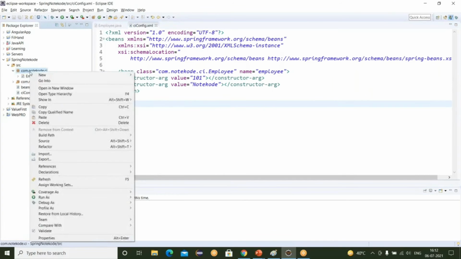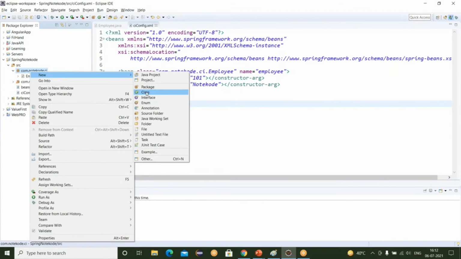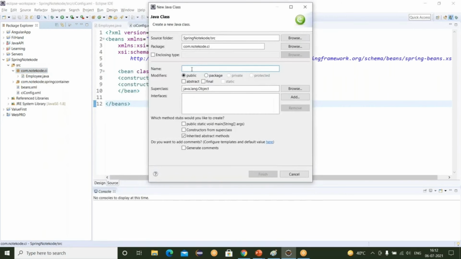So for testing, let's create the test class. Let's say the class name is EmployeeTest.